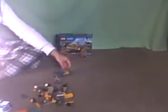Now on top of this 1x2 brick, you place a 1x6 plate, and then in front of that you place a 2x6 plate to join the fenders to the other parts, and then in front of that you place a 6x6 plate. On top of that and in front of it you place a 6x6 plate, and then next up we have to build the front end, so you need a 2x2 specialty brick and a 1x6 plate and another 2x2 specialty brick, and then you need a 2x4 plate,